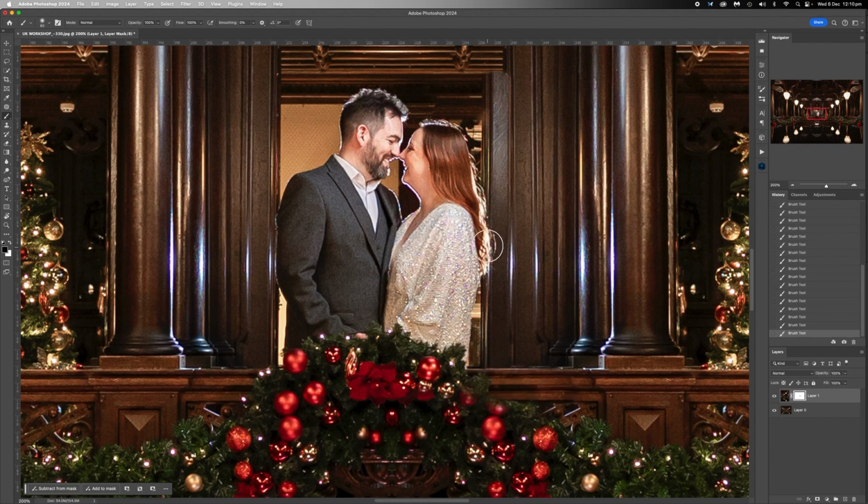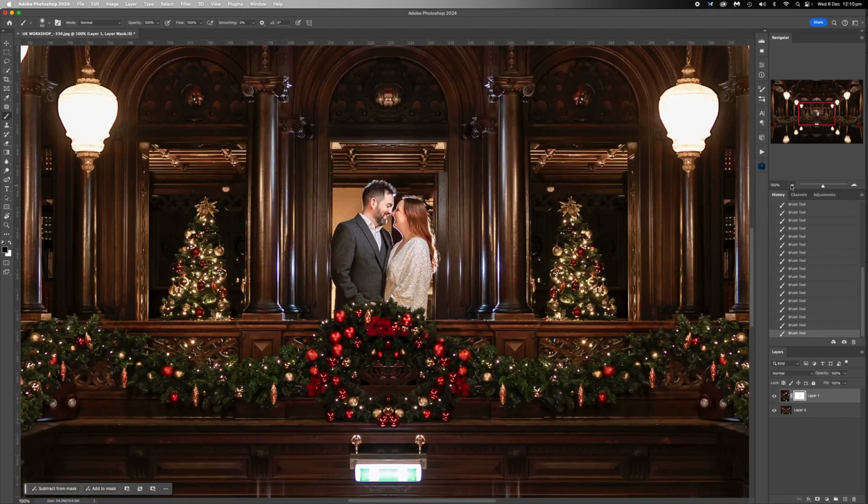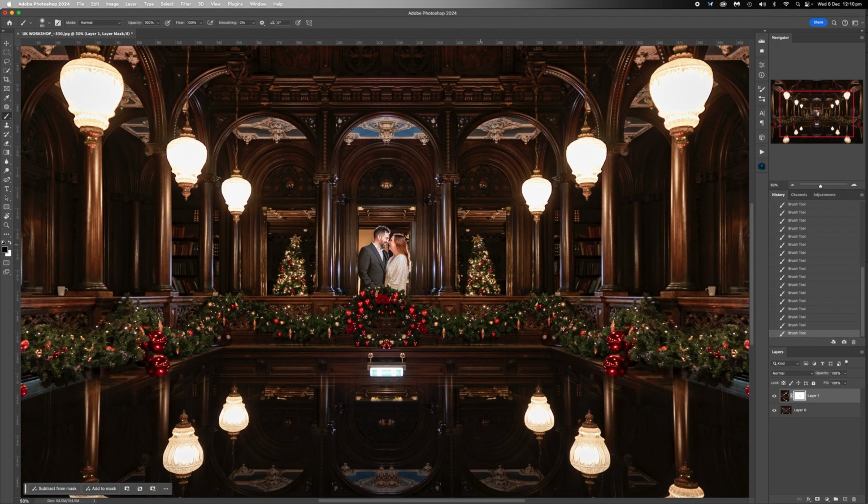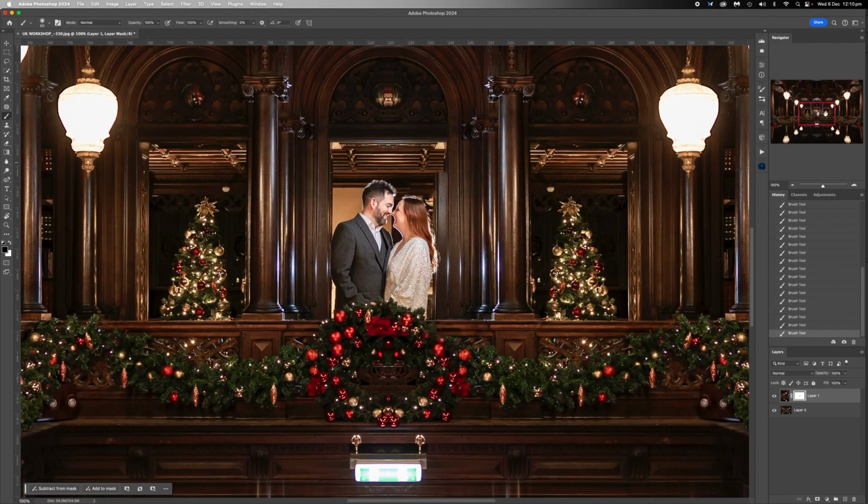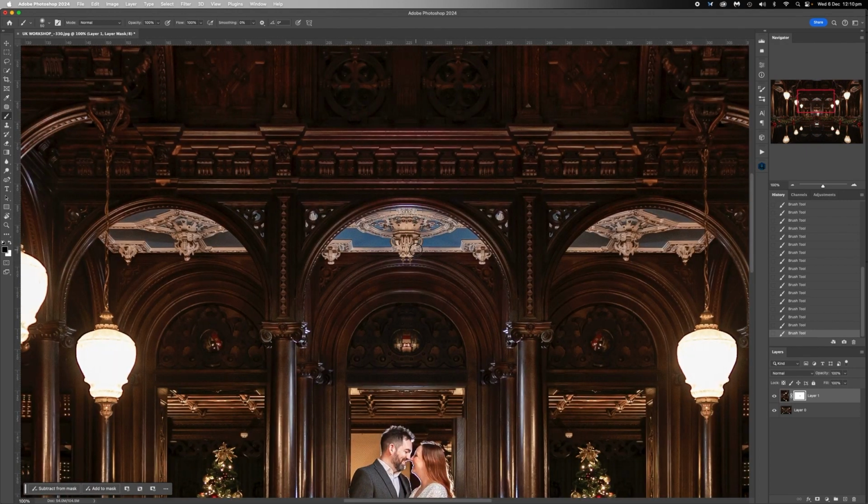All right, cool. So there we go. We've rubbed out Helen and we've removed Andy. But what's happening now is we've got an exact duplicate and mirror image of all of this, which is kind of cool, but I don't really want it to look like that. So what I'm going to do is remove